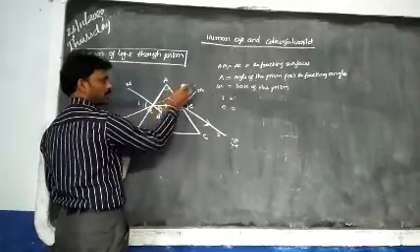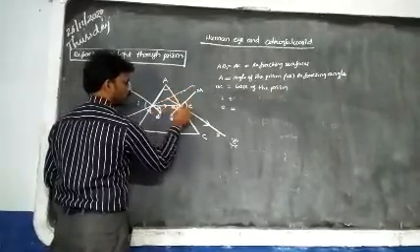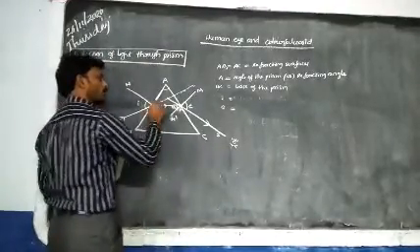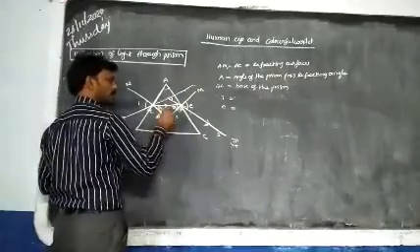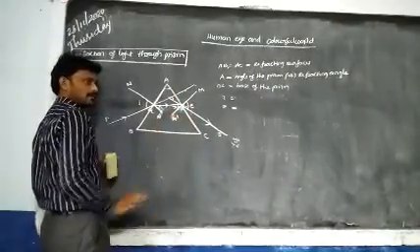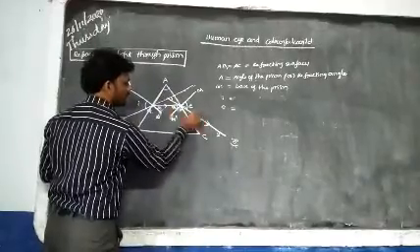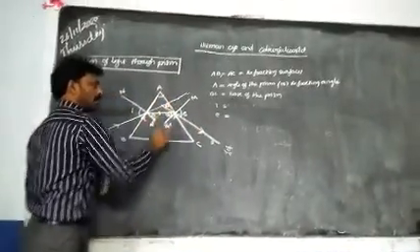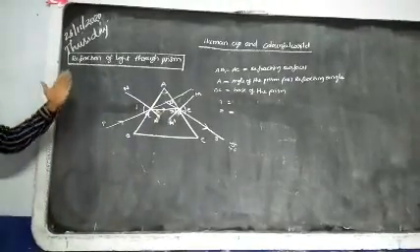So this is the original path of light, and this is the new path of light. Whenever there is some angle between the original path and a new path, this angle is called, always, in any chapter, anywhere, just remember, the angle of deviation. So between the two, some angle is there. It is called the angle of deviation.